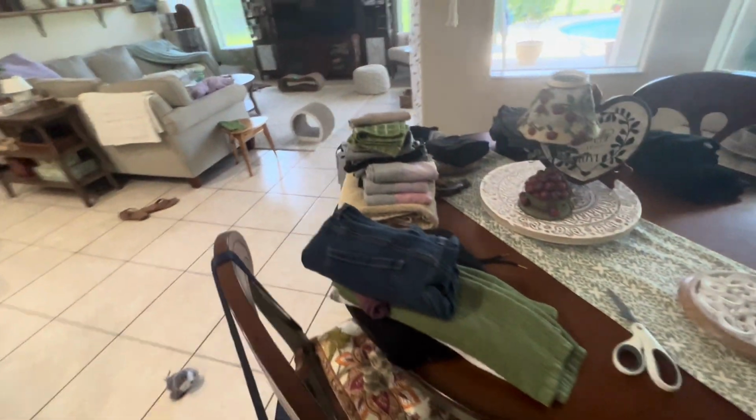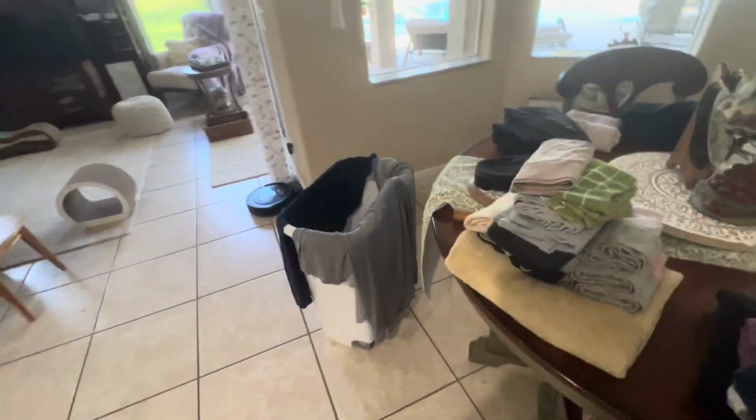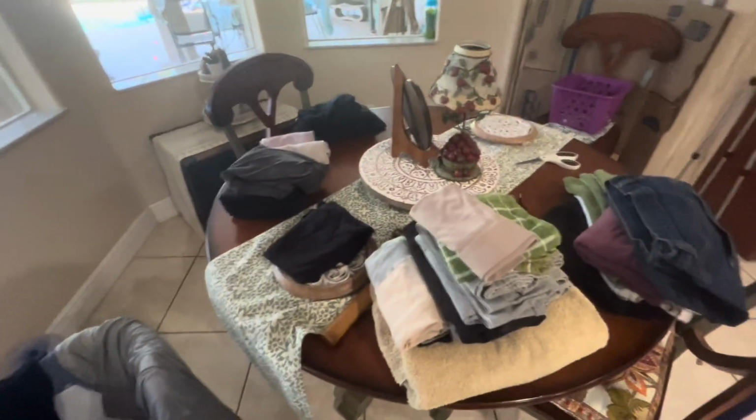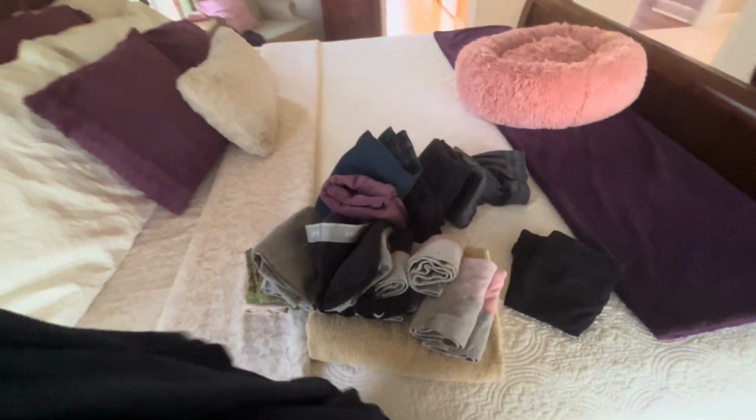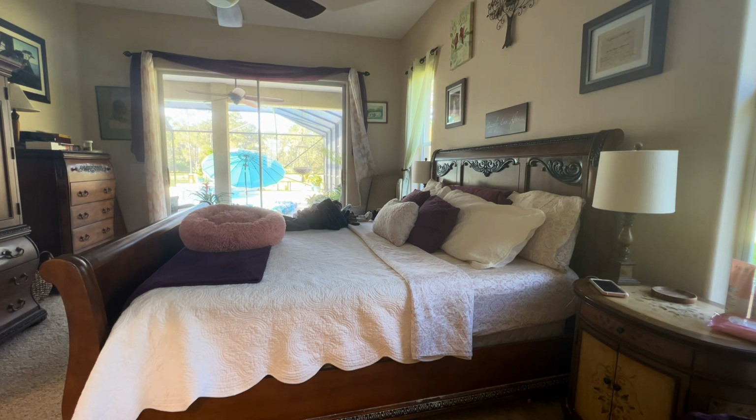Yeah, laundry needs to be put away. That's been sitting there for like 3 days. So I am going to clear that off and take that into the bedroom and put it away now. So I have been working for about 30 minutes and I need to sit down and rest for a little bit. So after I put the clothes away, then I take a little break and work on my planner and